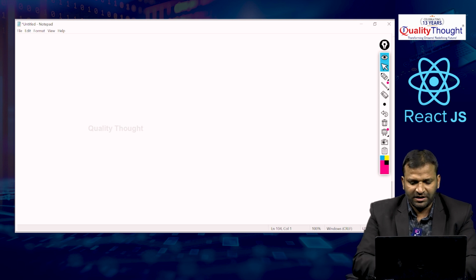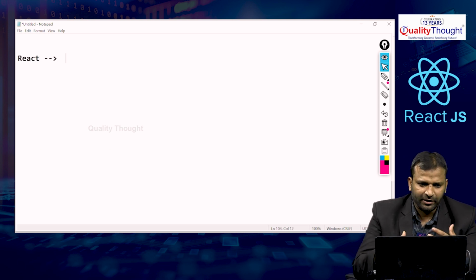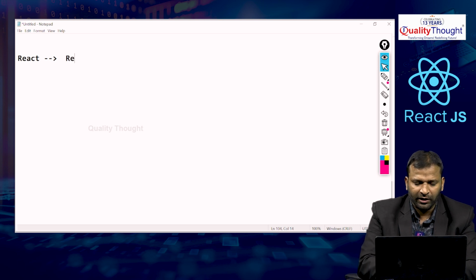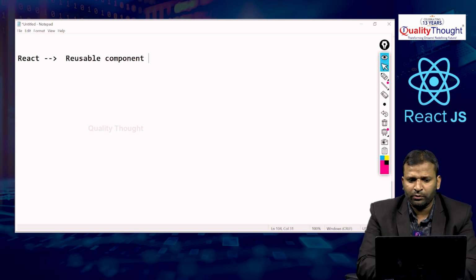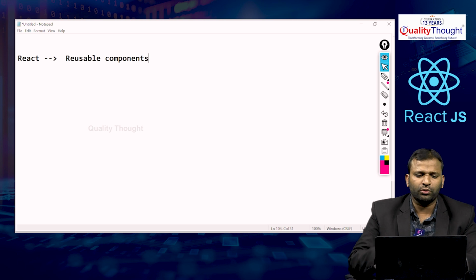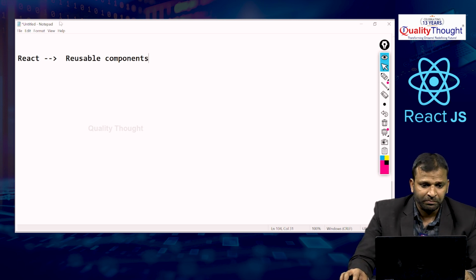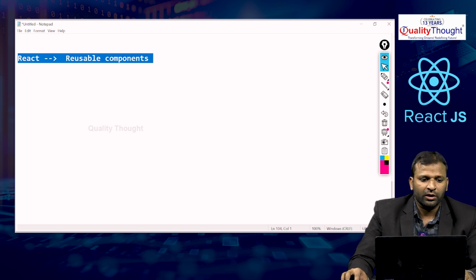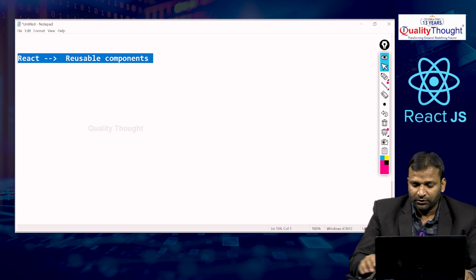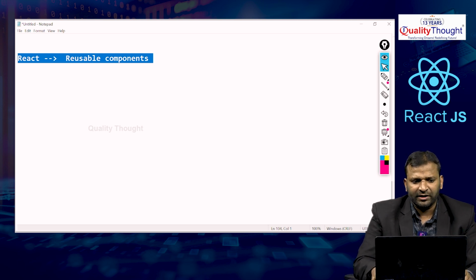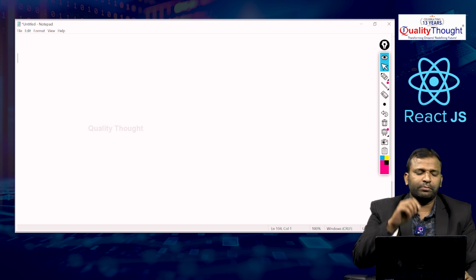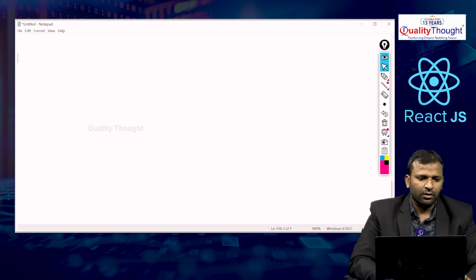So what is the speciality of React? Do you know what is the speciality of React? The speciality of React is nothing but to create reusable components, guys. Whenever you want to create reusable components, then only we need to go for React. I didn't understand now. For example, you can take